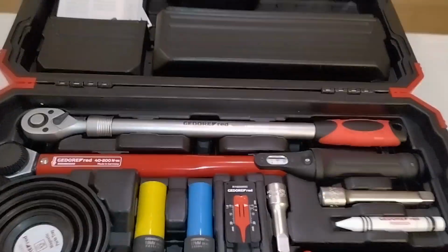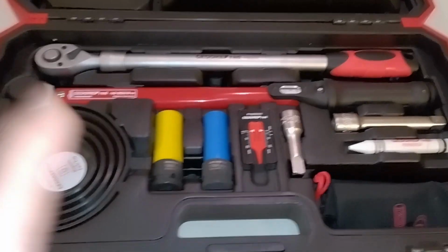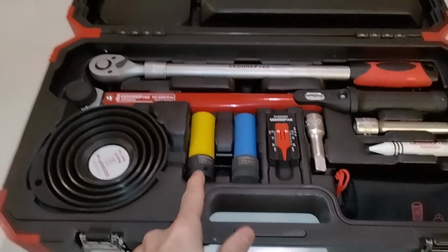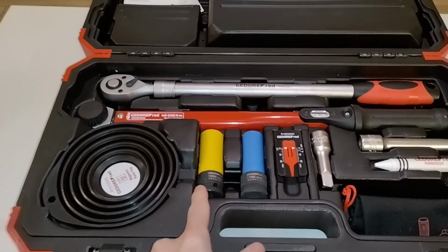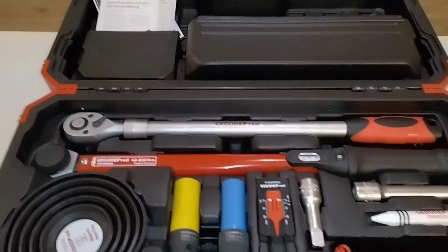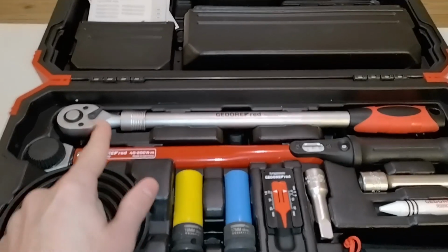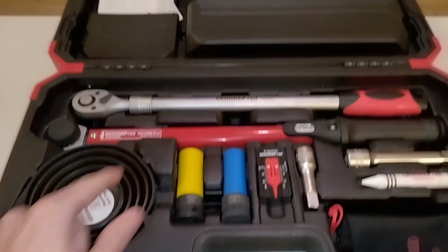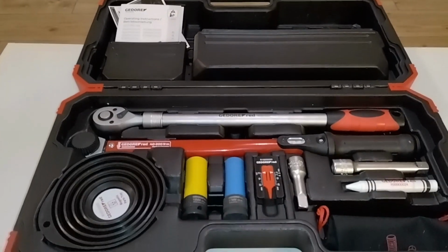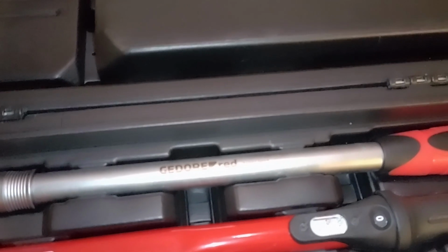In this set you have literally everything that you need to change your own car tires. You have here to loosen the nuts in various sizes. And here you have the torque wrench with various adapters, and there you have the ratchet to loosen the tires. But why I really think Gedore is my personal choice is because of this